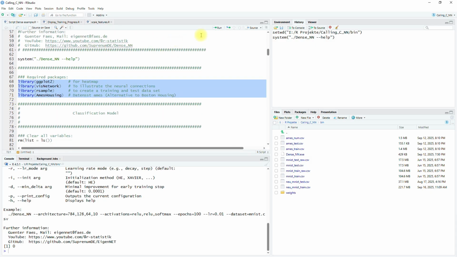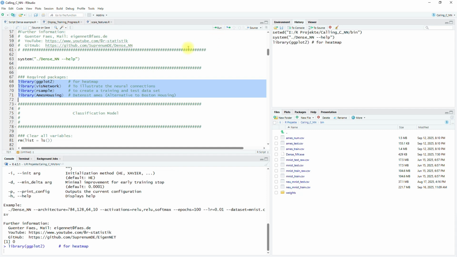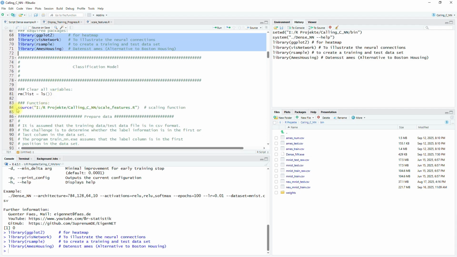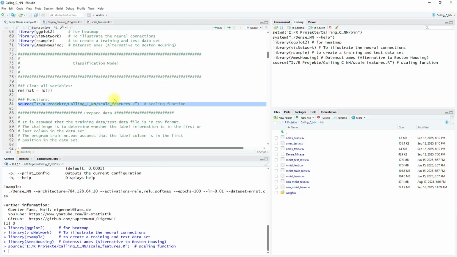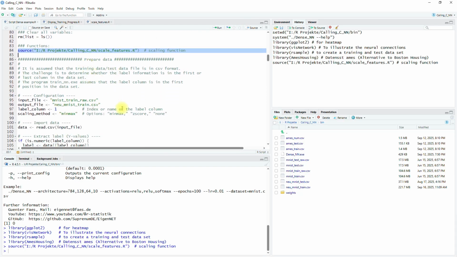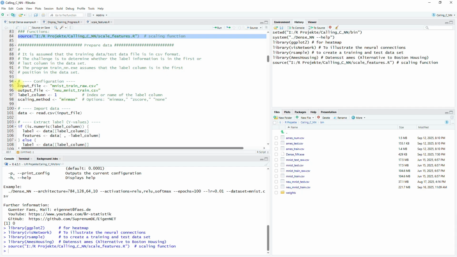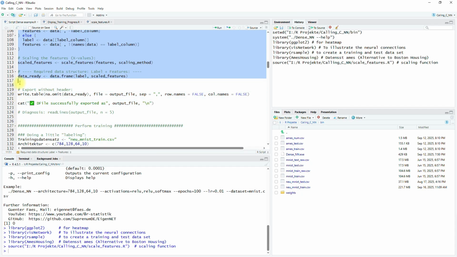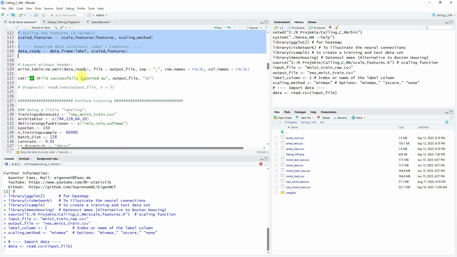I assume that you are a little familiar with R and its essential functions, so I will not go into details. First, I load the necessary packages and the function for scaling the features. This is followed by the script section for preparing the data and in particular providing the expected data structure for dense_nn. The label must always be the first column in the dataset as shown here. The execution of the script section takes a few seconds.